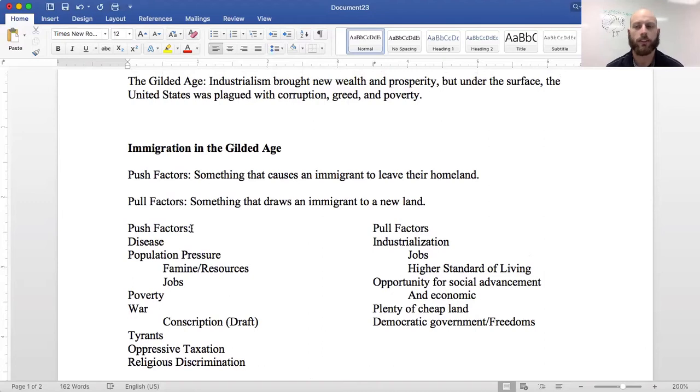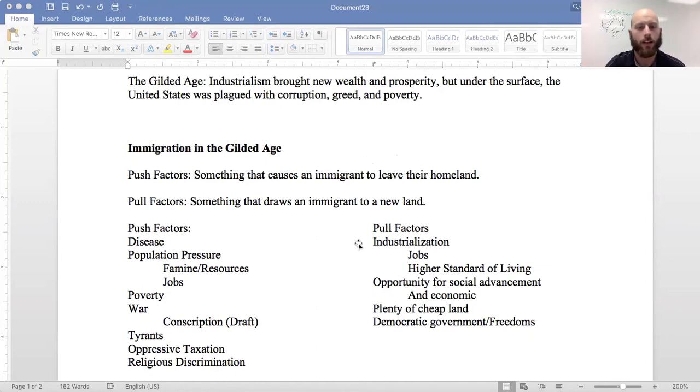One of the major push factors worldwide was disease, right? You see a lot of people getting sick from a variety of infections all over the world, and they want to come to the United States where we have less of that, but we also have better healthcare options and that kind of stuff as well. Which is this picture right here. They're getting an eye exam, a bunch of immigrants at Ellis Island. Now, if they were found to have a disease, they would be turned away and sent back. They wouldn't be killed like the kids from first quarter thought. They'd just be sent back.